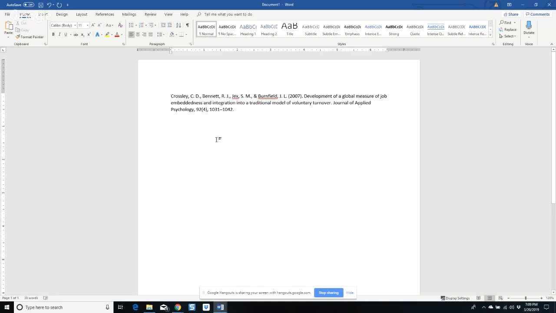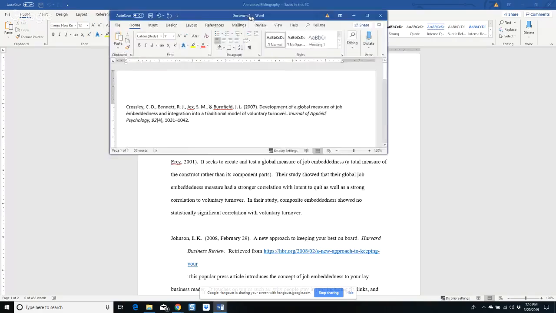Okay, still not quite formatted right. Journal of Applied Psychology, as well as the volume, should be italicized. The issue number is not italicized. And we also need the DOI. So for this article, we were given the wrong DOI. So assume that the DOIs coming out of the database are probably going to be incorrect. There are currently two proper ways to do DOIs in APA style, but I'm going to show you the right one. So I'm going to just move this over here,